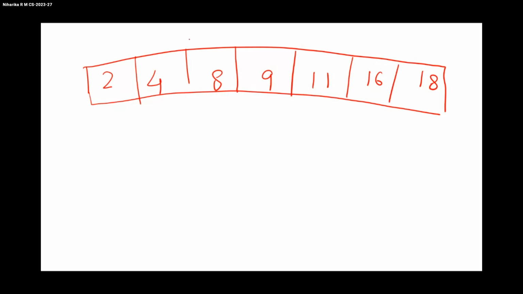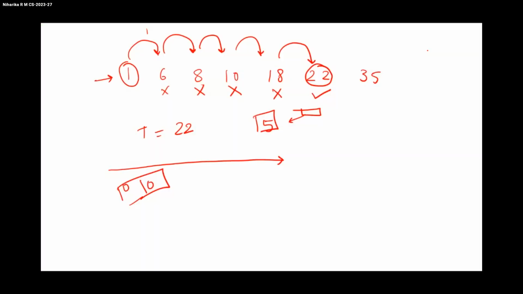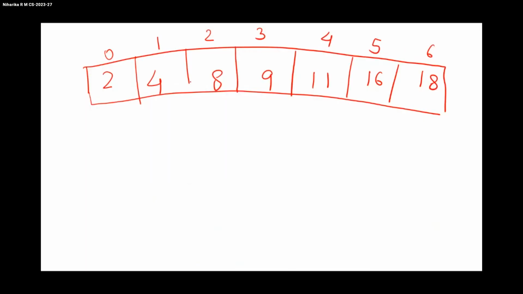And 2 is an index: 0, 1, 2, 3, 4, 5, 6. So what we are doing in binary search is we will search the middle element first. Oh, I'm sorry, I forgot to set the target. Let our target be